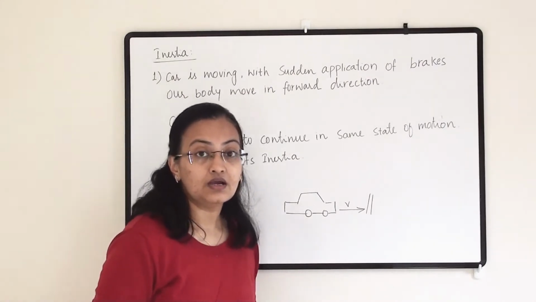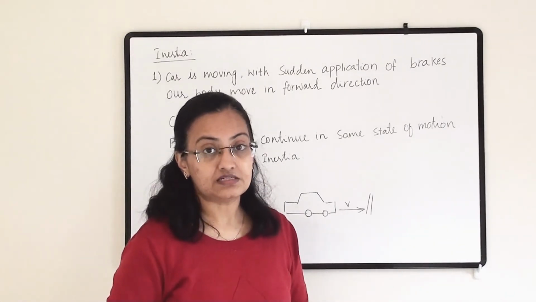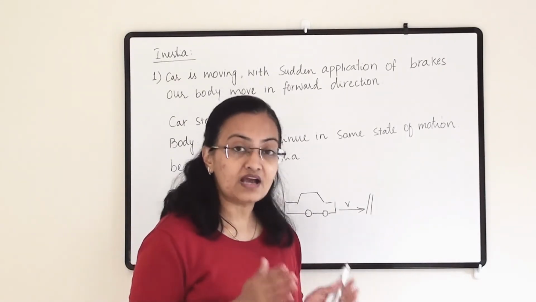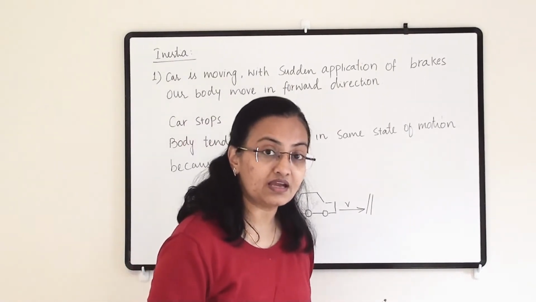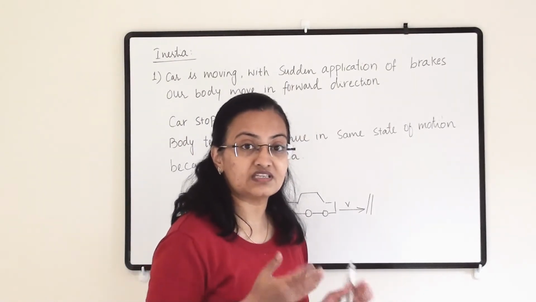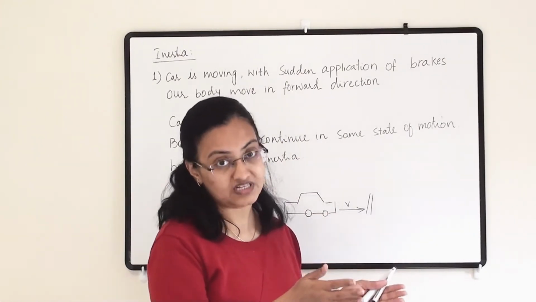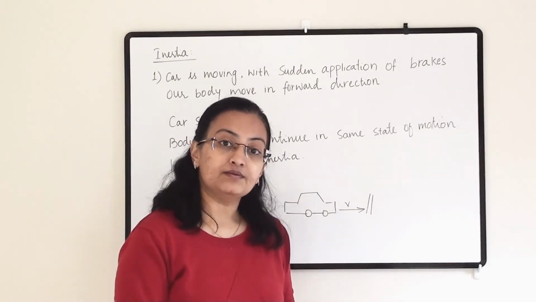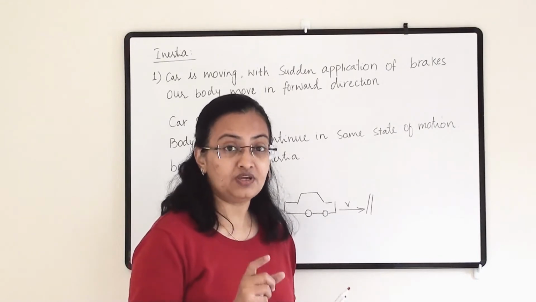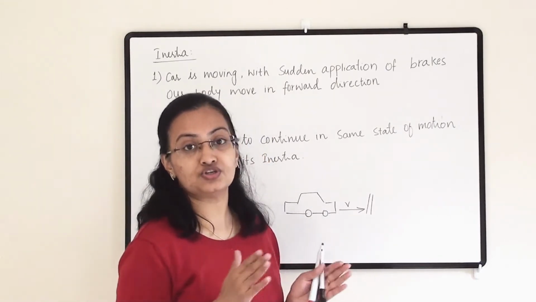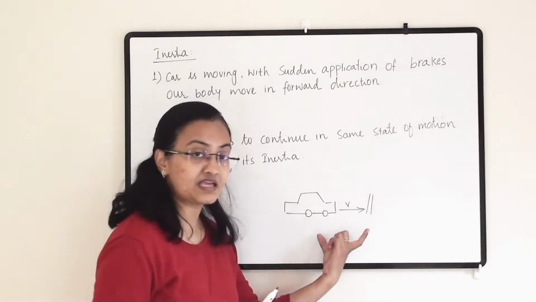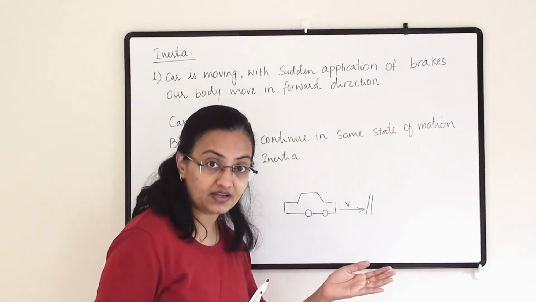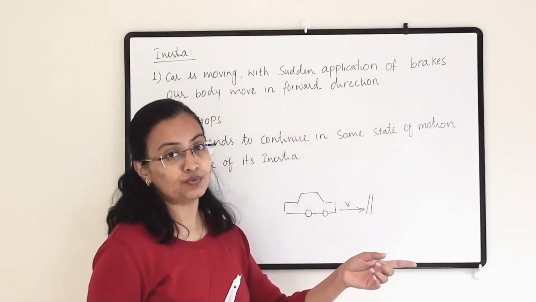And this is the reason why we wear safety belts in our car. So why do we wear safety belts? If the driver applies a sudden brake and we cannot control ourselves, then we may dash into the car windscreen. It should not happen, so to avoid this situation we wear a safety belt, so that the safety belt will keep us safe in this dangerous situation. When a driver applies a sudden brake, we will not fall at the front or dash our head at the front seat or the windscreen.